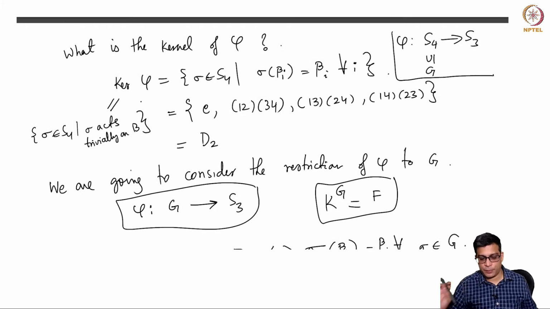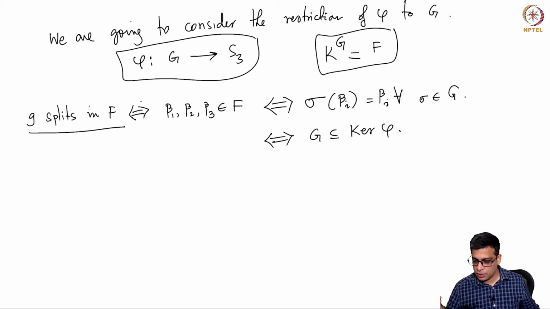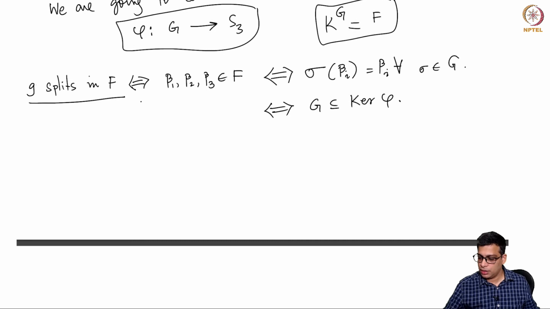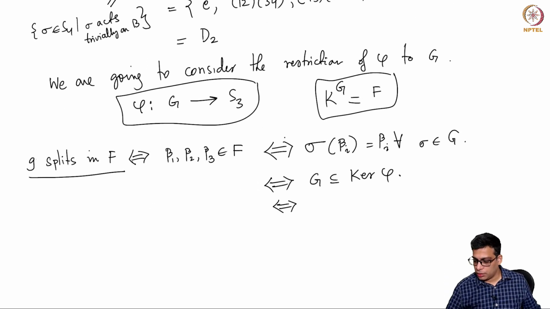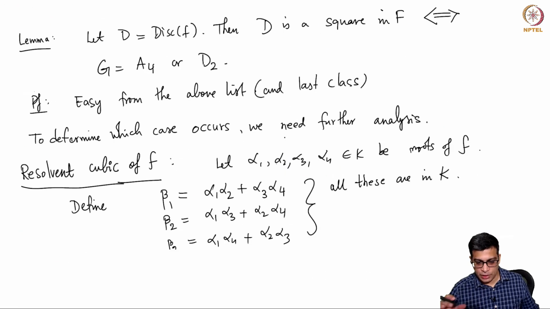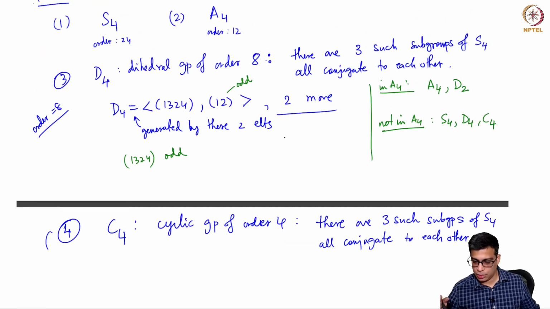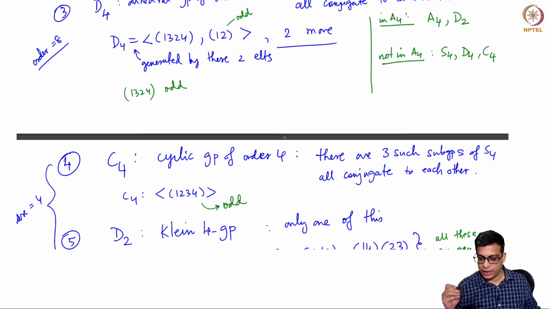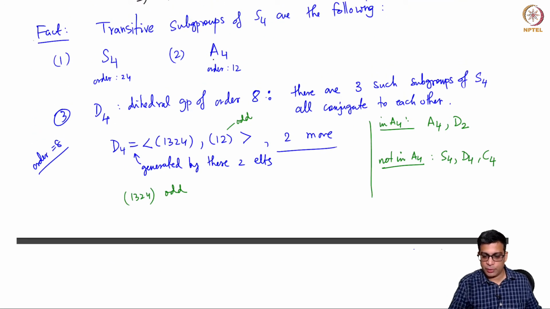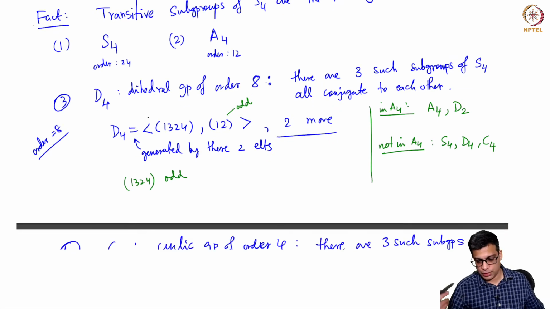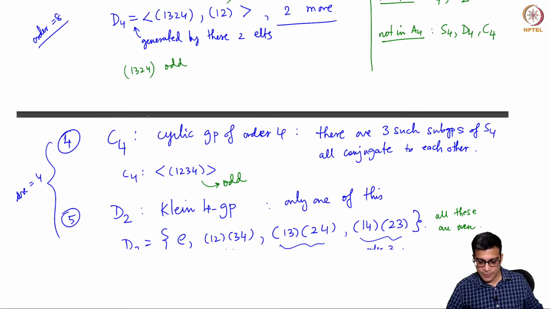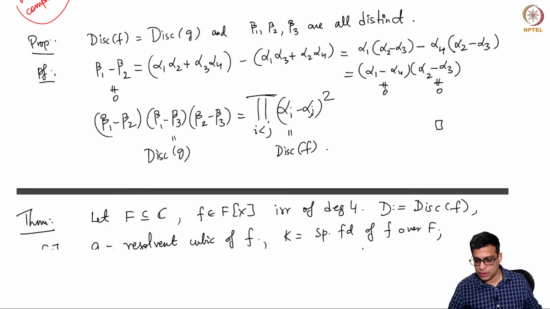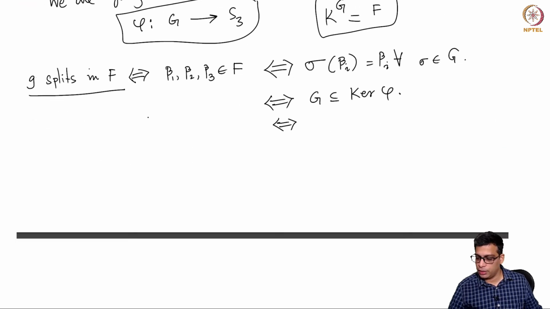Those things that map beta is to beta is themselves, each beta I to each beta I, is in the kernel. But remember, on the other hand, G from our list of possible G's is contained in D2. Now we concluded it can't be S4, A4, or D4 for obvious degree order reasons. It cannot be C4 also, because C4 cannot be contained in D2.